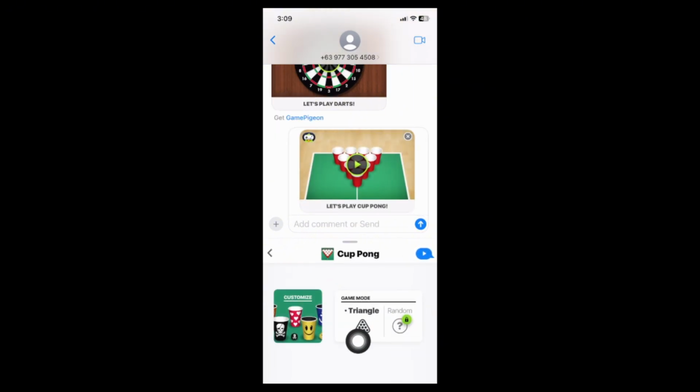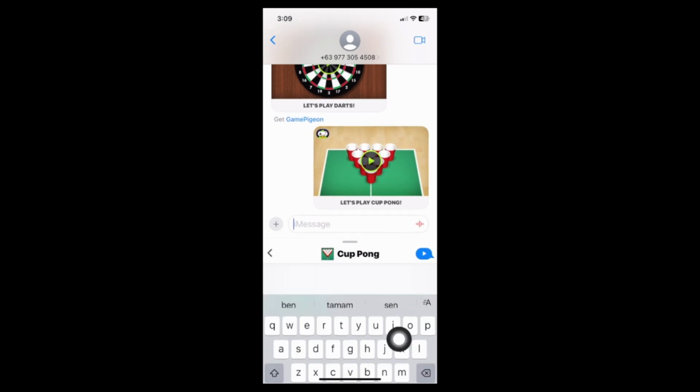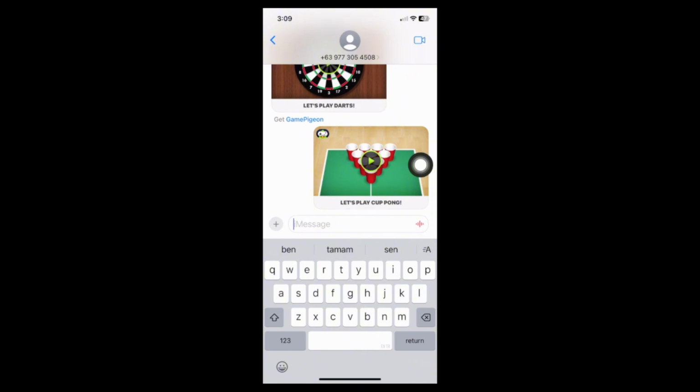Now select a game mode. Should it be a triangle or a random game mode? So once that's done, tap on the send button. There you go. And again, you need to verify. You need to send it again. Tap on it. And after that, all you got to do is just tap on play and wait for your